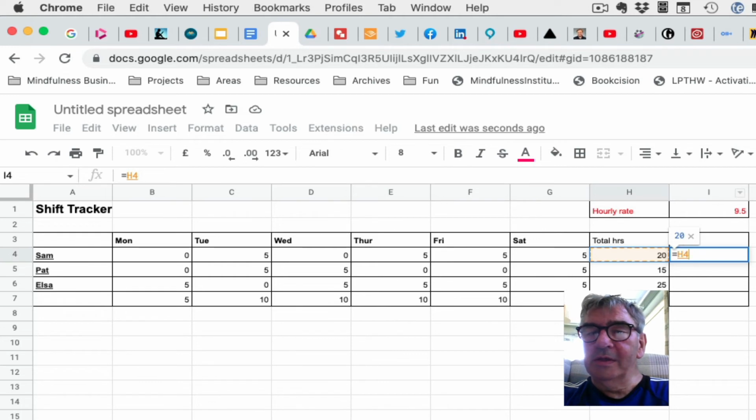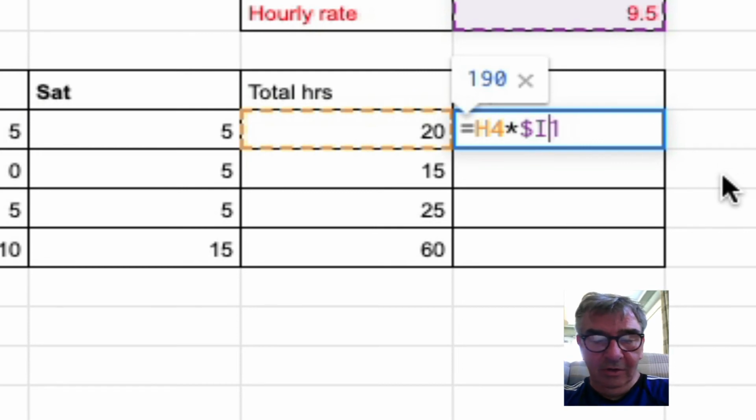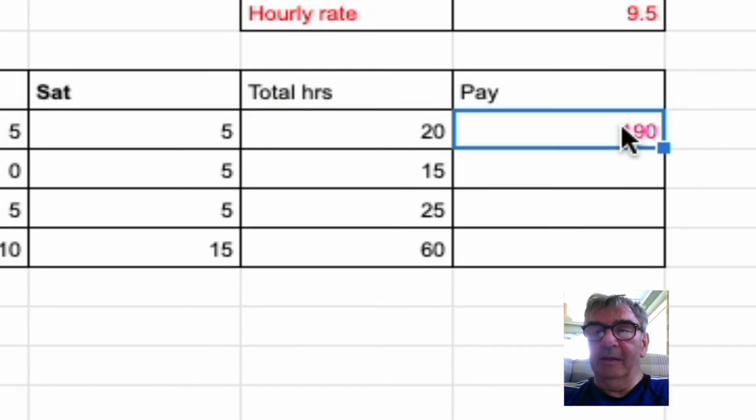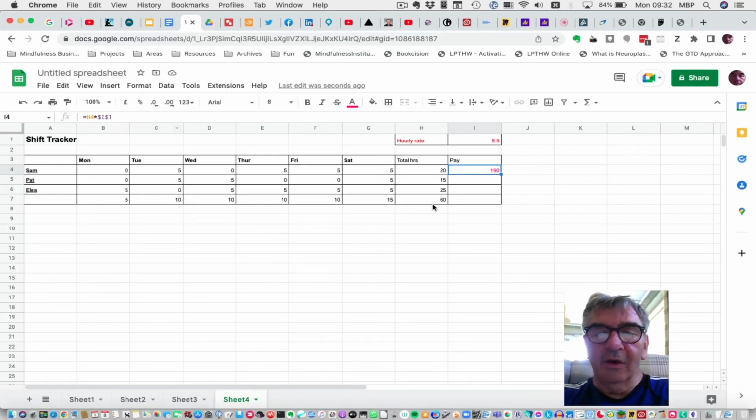So when I want this to stay the same, I use the dollar symbol. I type in the cell reference exactly the same. I know the cell reference is I1, but to make it always refer to that same cell, I type in a dollar sign before the I and a dollar sign before the 1. Now when I copy that cell down, you can see that it says H4 multiplied by $I$1. Now when I grab this and drag down,